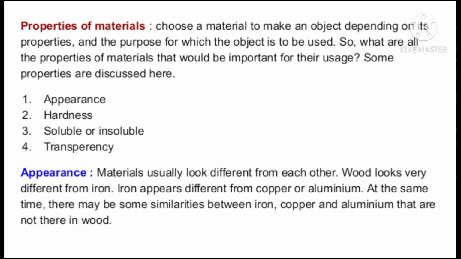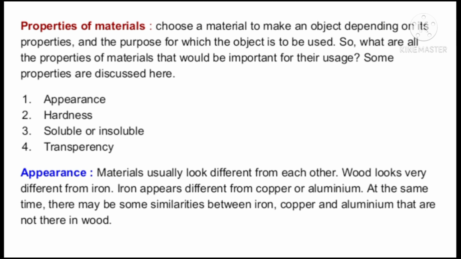So many properties are there for different materials, and some properties are discussed here. First is appearance, second is hardness, third is soluble or insoluble, and the last one is transparency. So the first is appearance. Materials usually look different from each other. Wood looks very different from iron. Iron appears different from copper or aluminium. At the same time, there may be some properties between iron, copper and aluminium